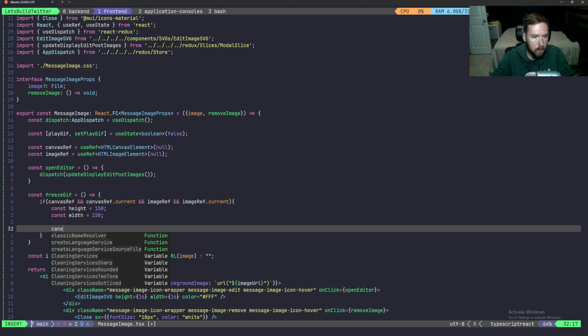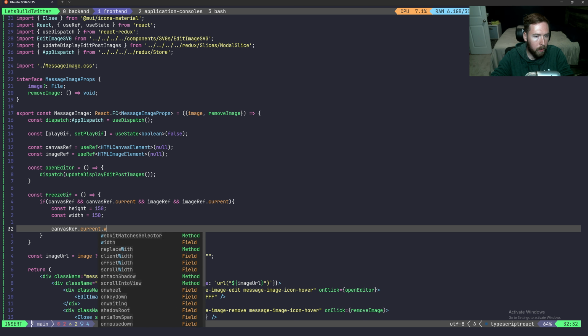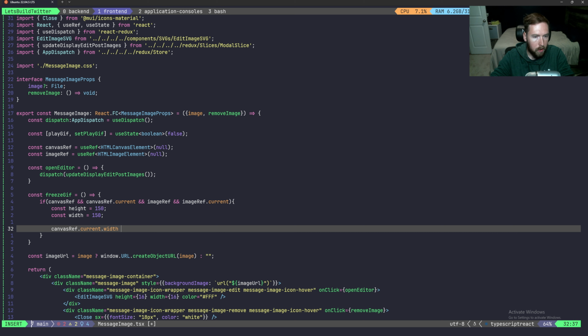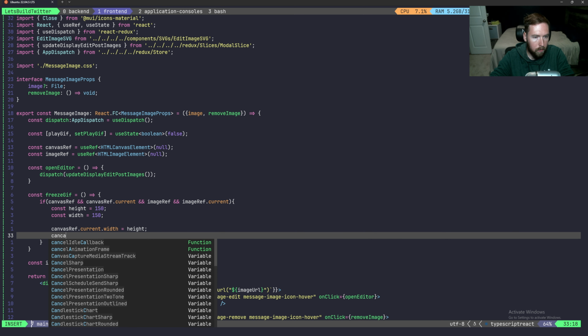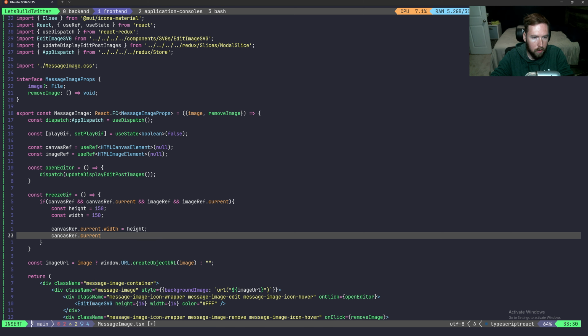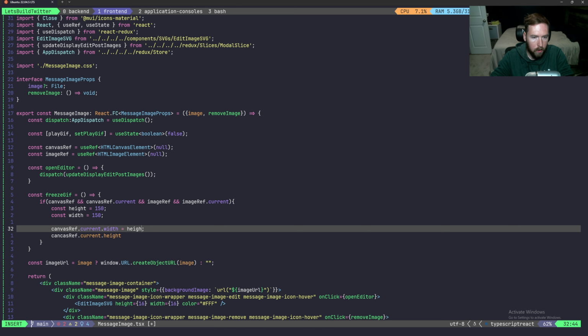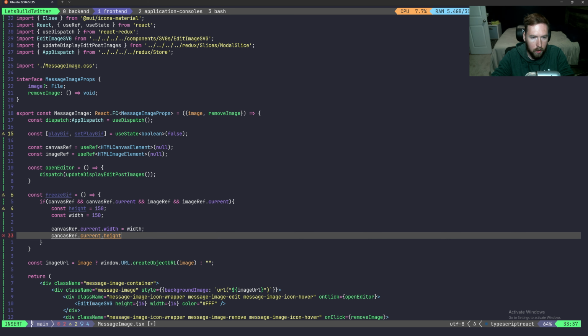We're going to say canvasRef.current.width will be equal to our height. We'll say canvasRef.current.height. This should be width. And I don't know if we even needed these anyway, but it is what it is